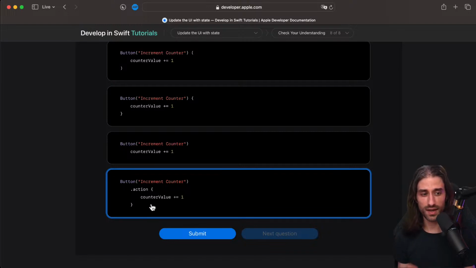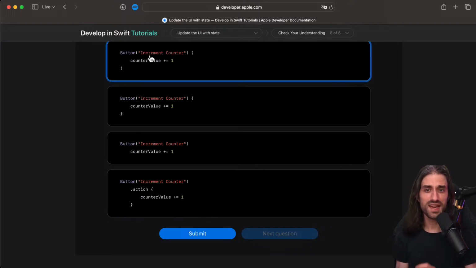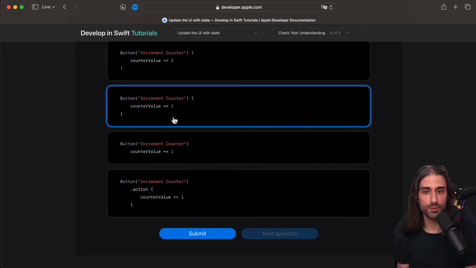On the other hand, you can never guarantee that a modifier will be called. So for a button, having an action that can be triggered when the button is tapped is really part of what the button does. A button that doesn't trigger any action has no meaning, no reason to exist. That's why it makes sense to pass the closure action as part of the initializer of the button, because a button without said closure has no reason to exist.